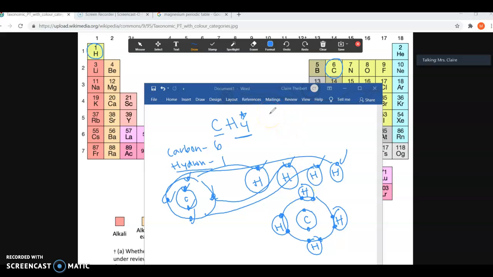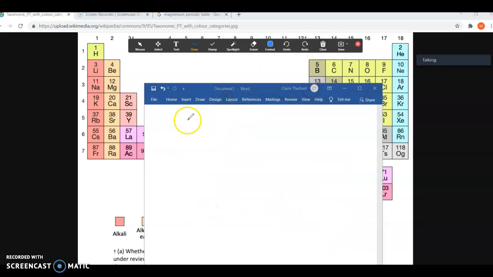All right, the last one is going to be carbon dioxide. So we have